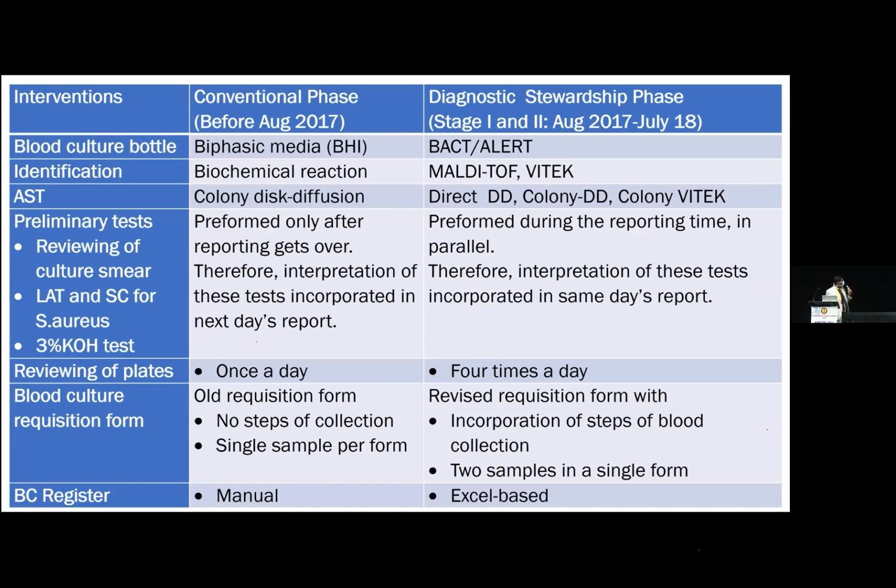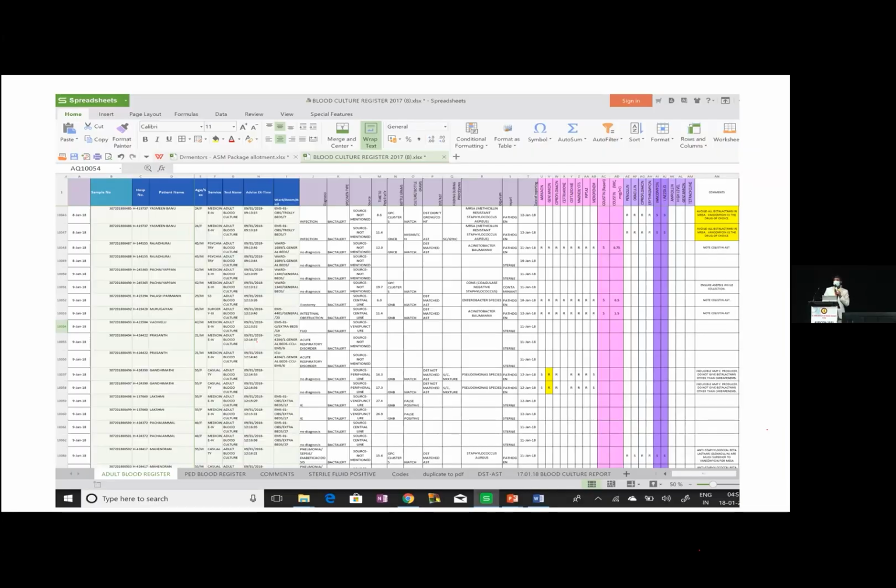Last but a very important change we have introduced is we have stopped the manual register in 2017, and the software based register we have started only in 2019. So from 17 to 19, nearly for about 3 years, we used an Excel based register. So the Excel based register was, I would say, a revolution. I will tell that in 2017, when we introduced the Excel based register, we felt it was like a boon